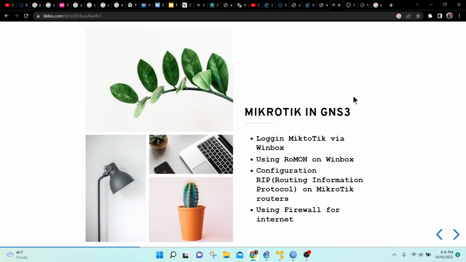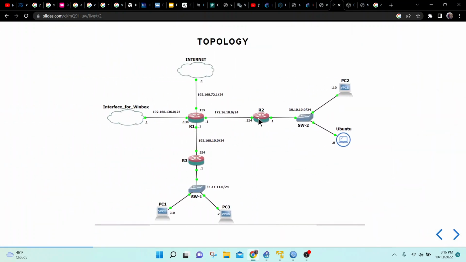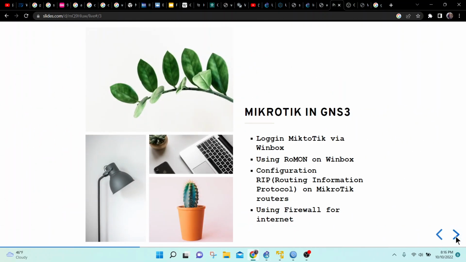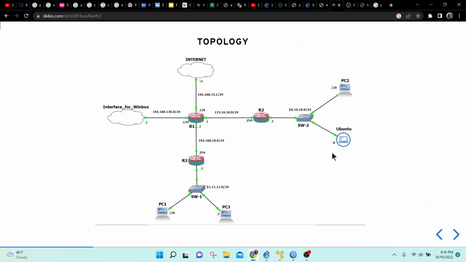In this case, for MikroTik in GNS3, I can log in to a MikroTik via Winbox in GNS3, and for this we have to use a remote in order to use Winbox. After that, I also need to connect PC1 and PC3 to the Ubuntu and PC2, and they need to communicate with each other, just like a headquarter and